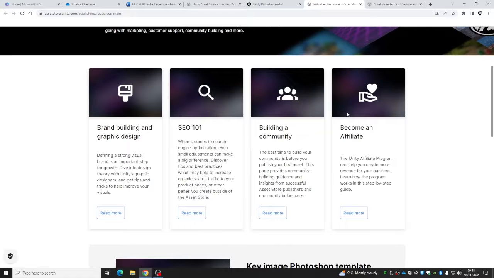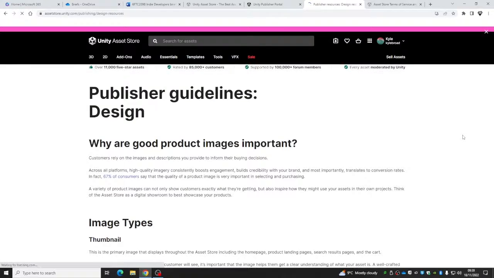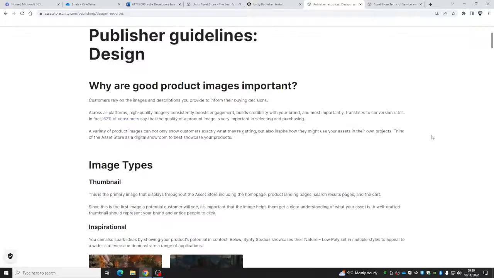Building a community, becoming an affiliate. SEO 101. When it comes to search engine optimization, even small adjustments can make a big difference. So have a look at the first one, branding and graphic design. This is all here to help us.